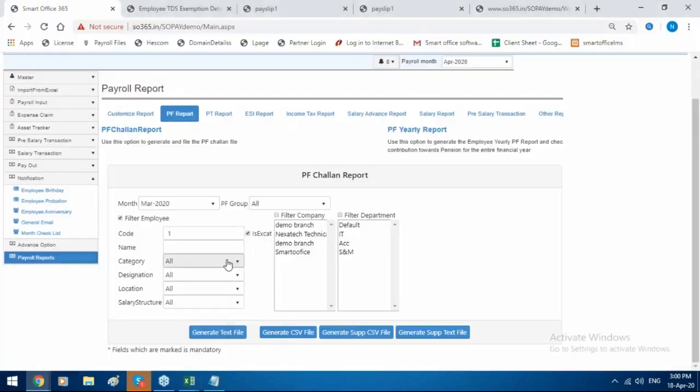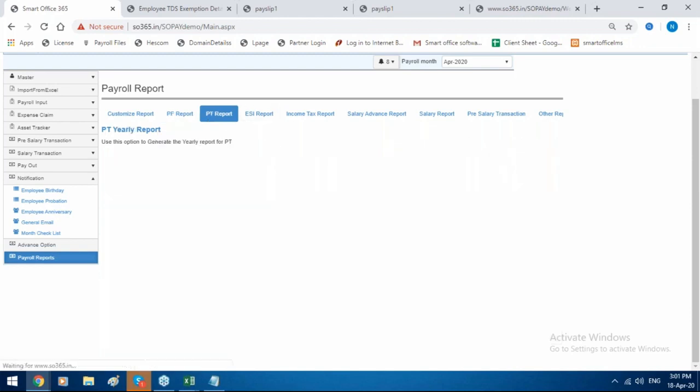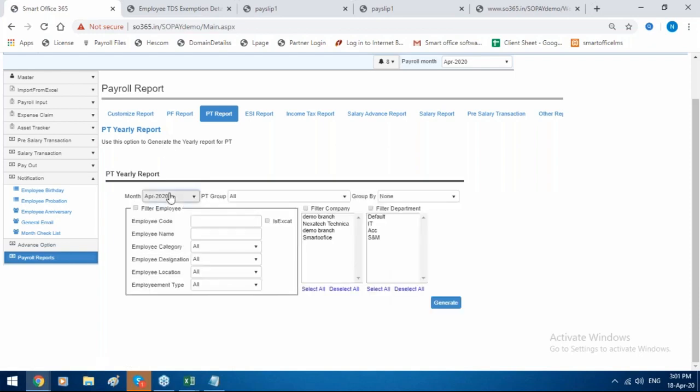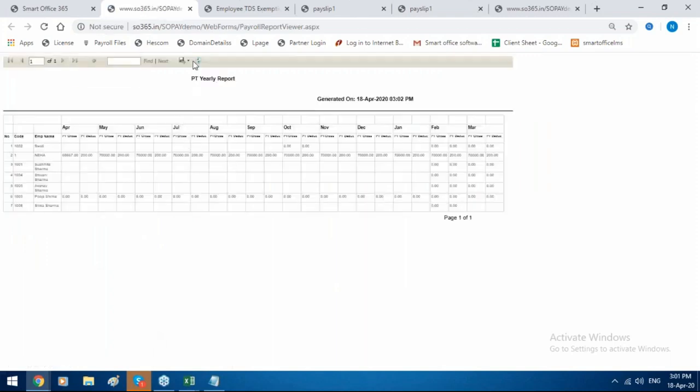Here is the report, so you can generate the text challan report. Also, you can upload. You will get a PDF, which you can export in PDF format.